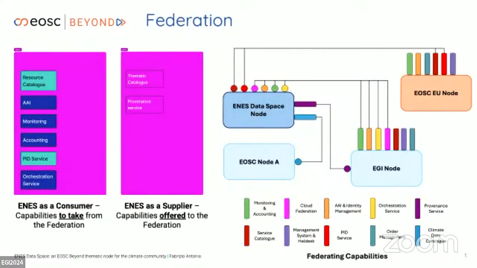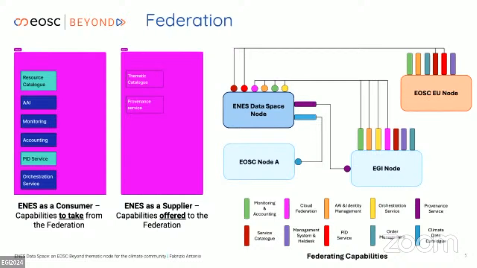So based on the preliminary integration plan, this is how the ENES Data Space node will look within the federation. At this stage, I think it's worth pointing out that we are still in the design phase. So this is just a preliminary view showing the potential integration with the core services of the EOSC Beyond sandbox. And the same applies to the interactions between the ENES node and the other pilot nodes, including the EOSC EU